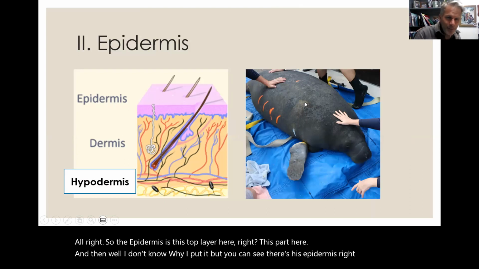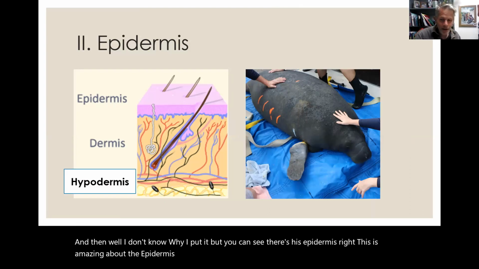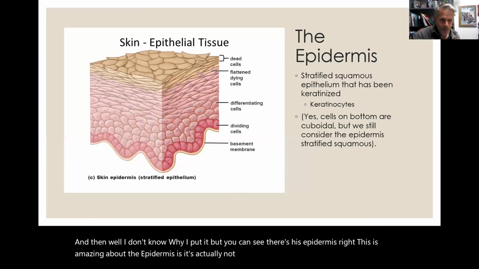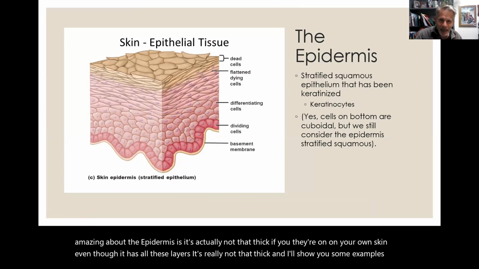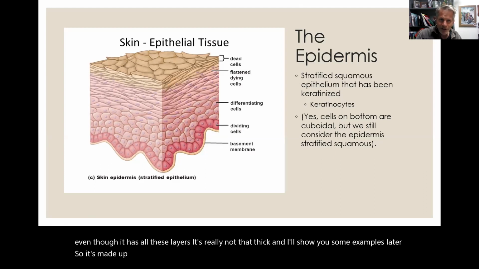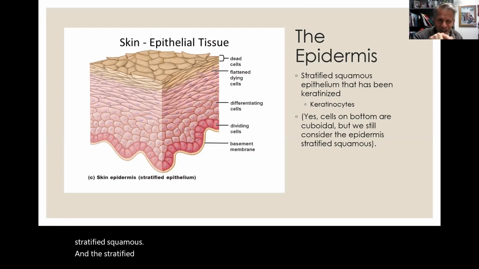What's amazing about the epidermis is it's actually not that thick. If you look at your own skin, even though it has all these layers, it's really not that thick. And I'll show you some examples later. So again, it's made up of stratified squamous epithelium, but the difference between this stratified squamous and the stratified squamous in your mouth is that something